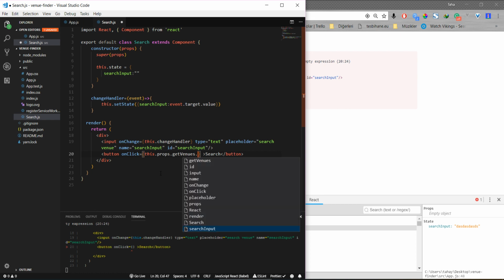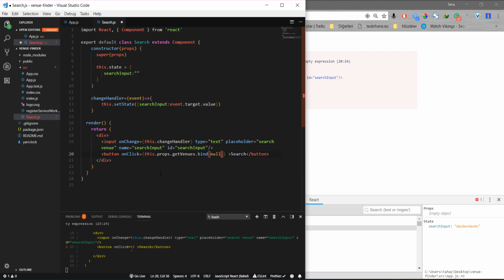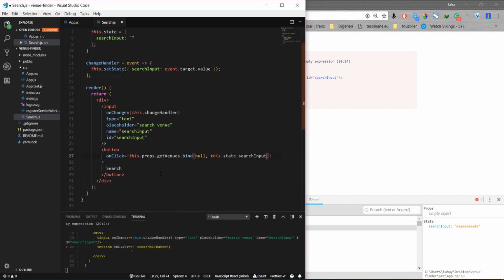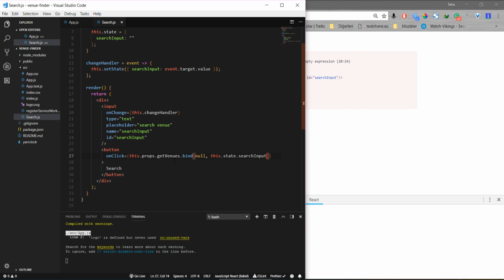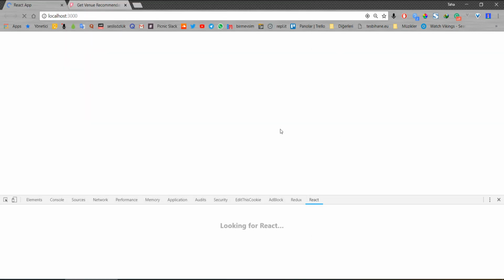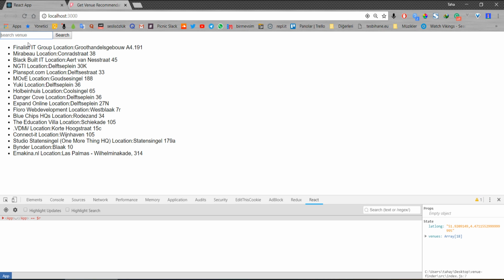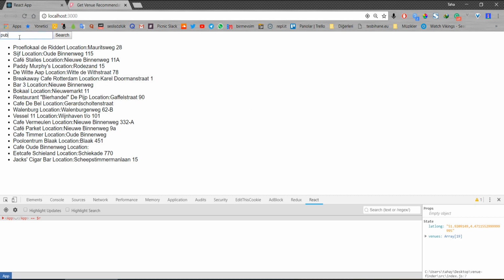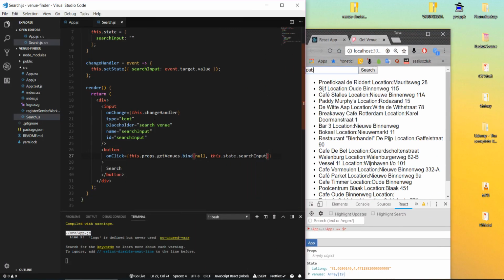But get values, how should I use it? Something like that. First null, and then this state. I will explain this one. Search input, make it pretty. So right now if I press this button, let's try first search. Yeah, it changed. And if you want to use the enter button also, you can put all the things inside